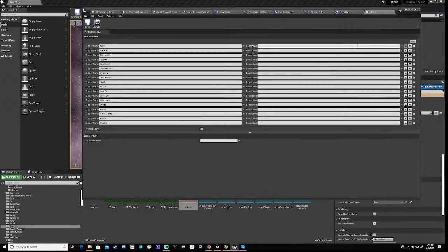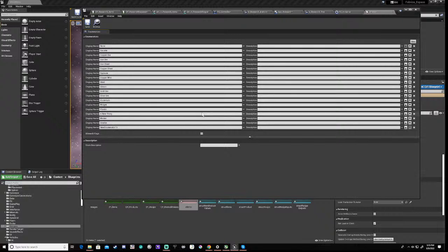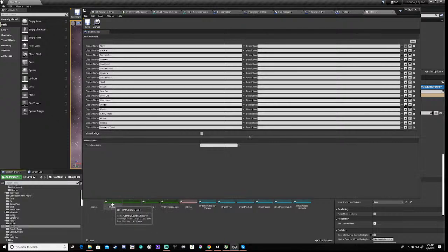Now this is going to get a heck of a lot bigger, but if we, for instance, add, let's say, let's call it research, and we call it type 1. Okay, so then we go to DT items, right,